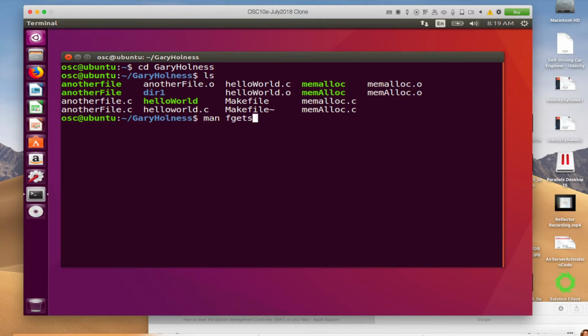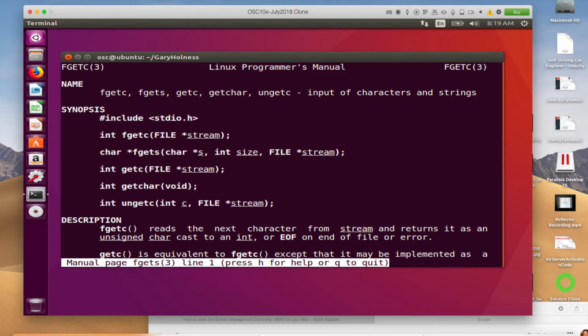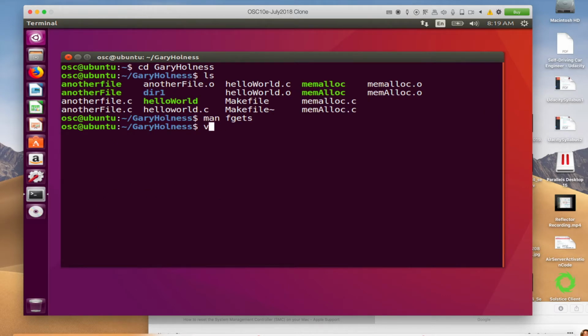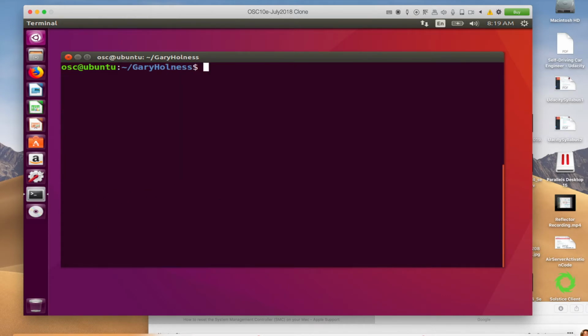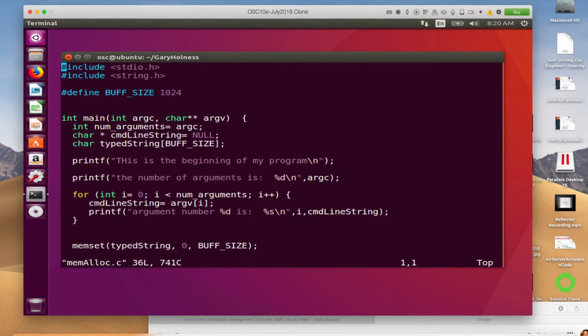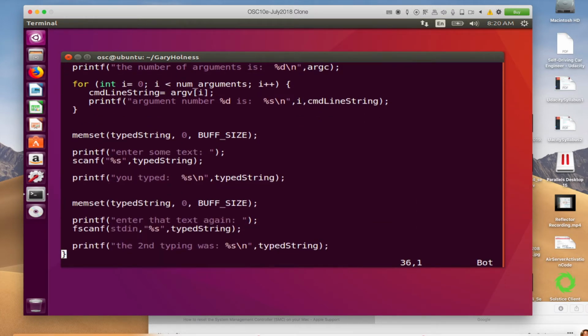fgets. It's fgets. That's why. All right, fgets. Okay. All right. Let me get my bearings again. Make vi memalloc.c. Okay. So there's the memset, and there is the fscanf, and it's not fscanf. It's fgets, get string. Okay. So fgets